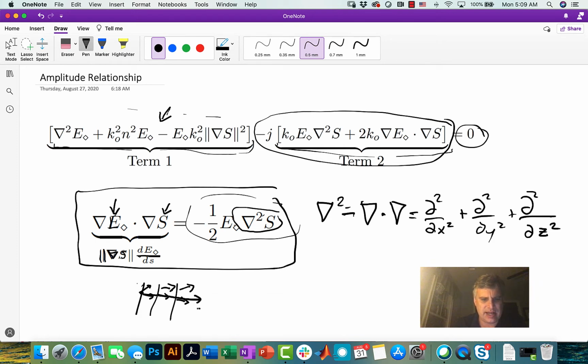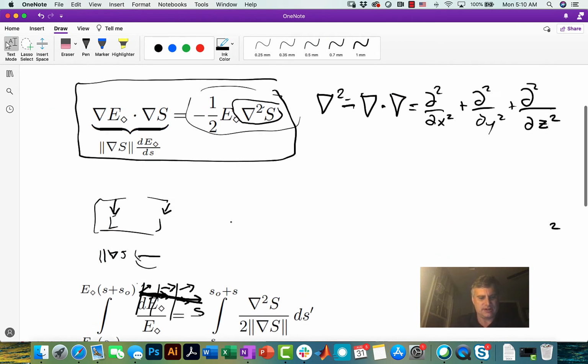Remember, in this equation, S is the distance along the ray that you travel. So if I travel a certain distance S, I'm going to change my E field. And if I take that portion, the change along S, and multiply that by the magnitude of my eikonal gradient, I get the same thing as the dot product. It's really just a projection onto the direction of the ray travel, using that vector calculus identity. So, moving right along,